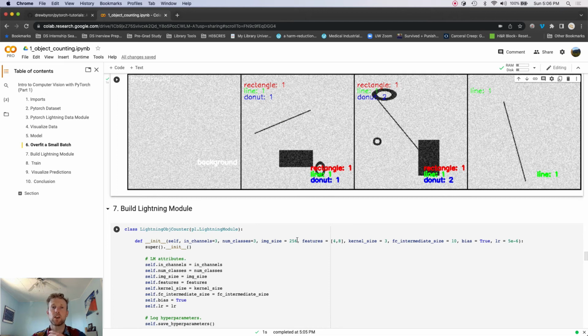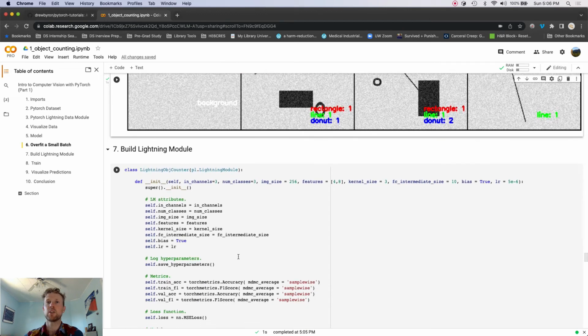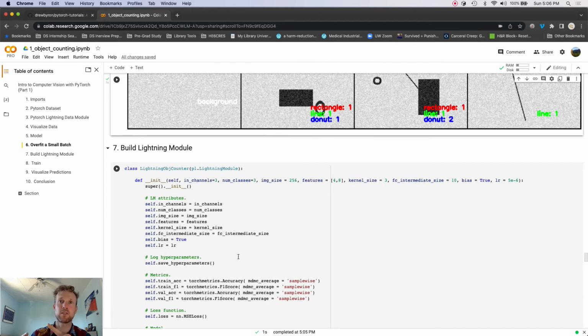Okay, so thank you for staying with me here. We're going to actually train this model and hopefully learn something in the process. But the next step is to build the Lightning module, right? So this is the thing that, as I was saying before, is going to contain the model itself, the metrics. So it's going to track our metrics. It contains the loss function